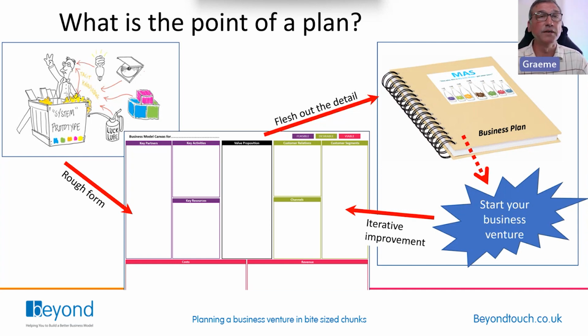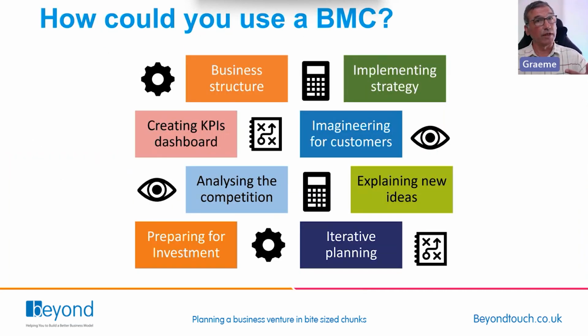This is part of all the training that I did in Lean Six Sigma on single page planning. It's like get all the core information onto a single sheet of paper, because it forces you to pick out the most important parts of that, and then make an informed decision and also see the relationship between different sections. So the business model canvas, that tool that I showed you of 9 boxes, can be used for any one of these different ways of thinking, slicing and dicing where you are today and the direction that you need to go in.